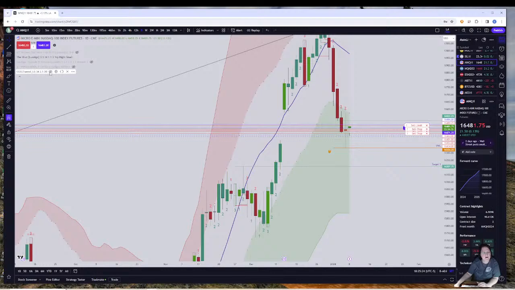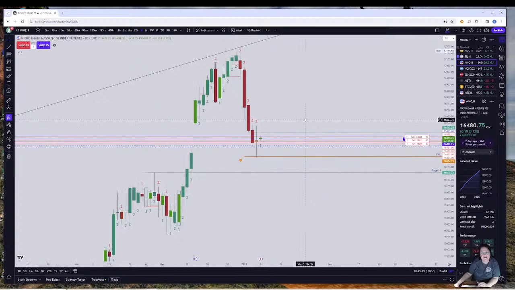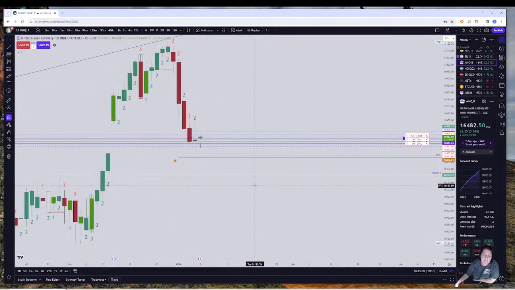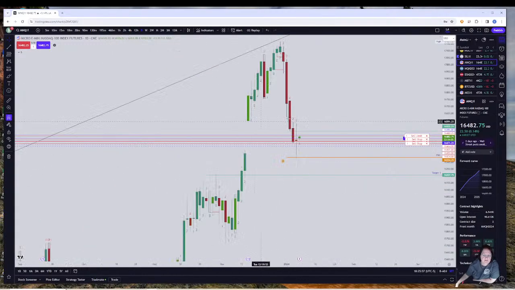I forgot how much I really enjoyed that indicator. Yeah, so we did technically fill that gap that I talked about on a previous video. I didn't know that we would fill it. ICT calls that a volume imbalance, so I didn't know if we would fill that or not, but we did. I remember seeing that gap at the beginning of the week and I was like, nah, they're not gonna fill that, but they certainly did.